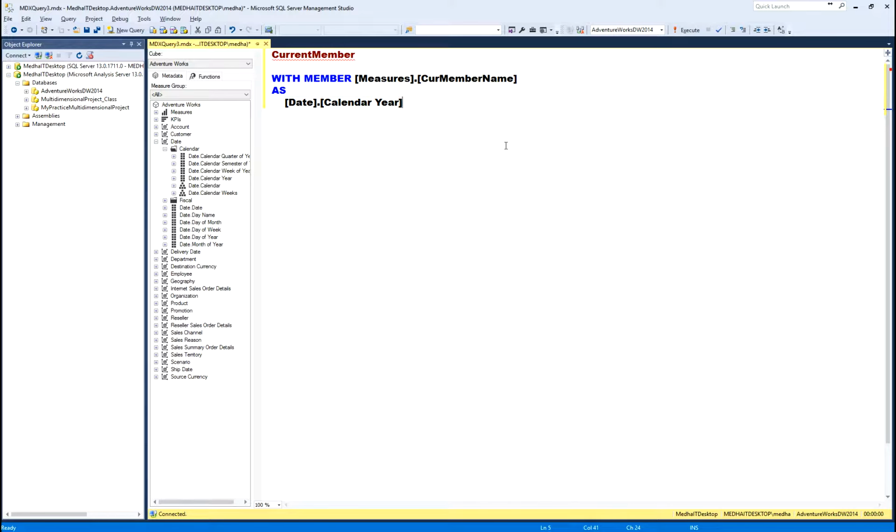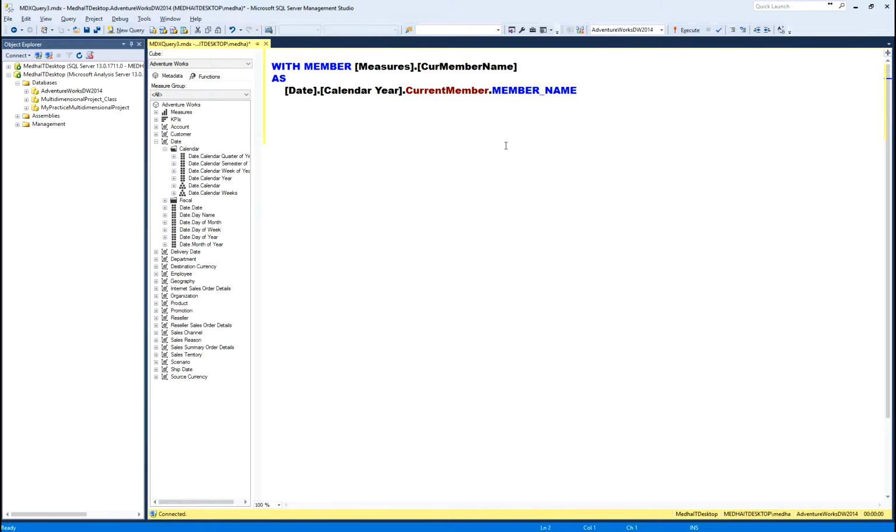Okay. So, I want to use calendar year dot current member dot member underscore name. So, member underscore name is the property of current member, which gives the name of the member. Okay. So, that is my calculated member here, or calculated measure you can call,